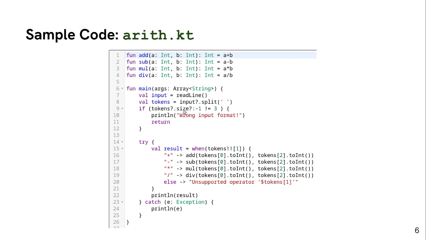If the number of tokens is not equal to 3, we expect in the user input string there are 3 tokens, so we just print wrong input format and then return. Otherwise,